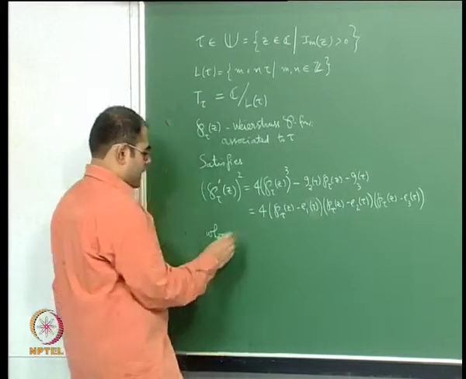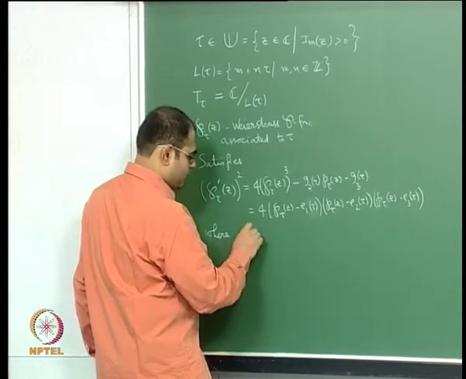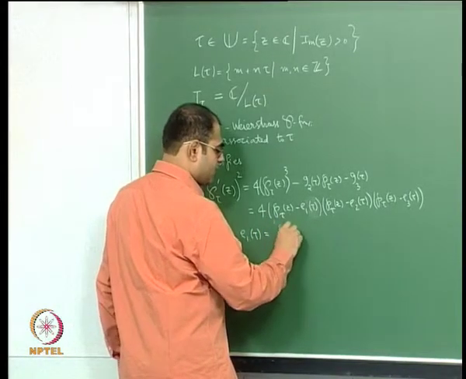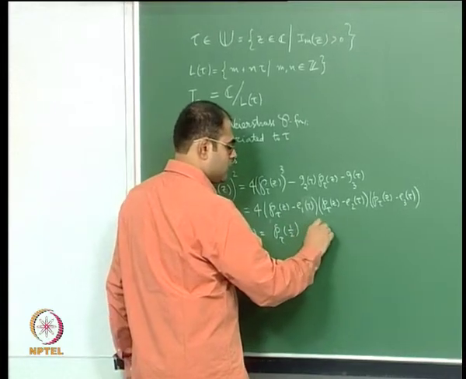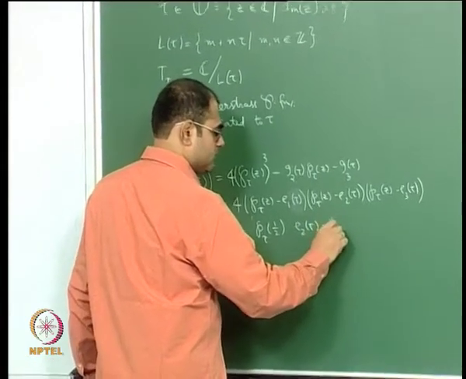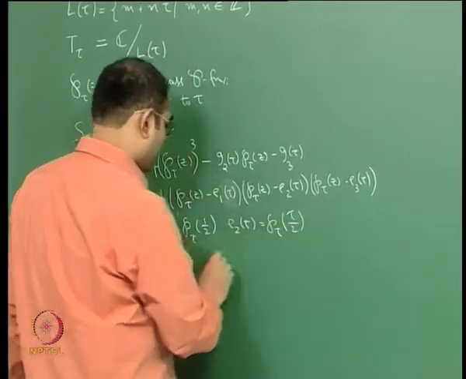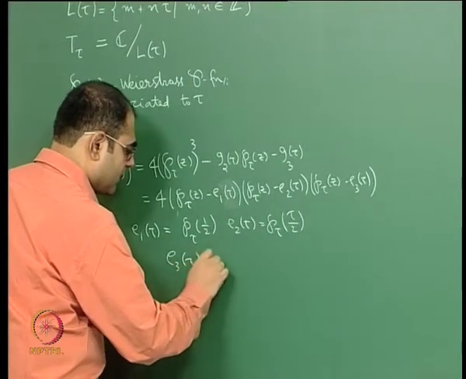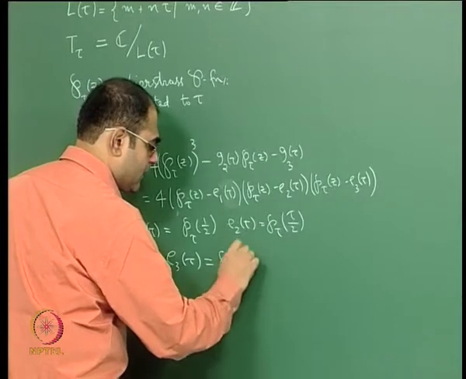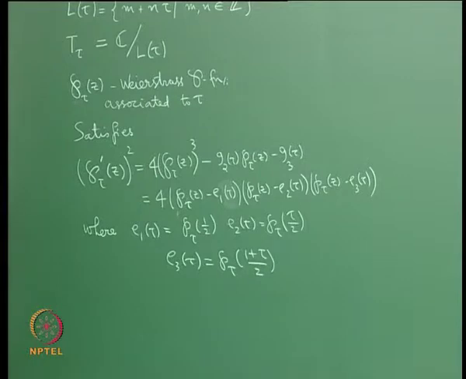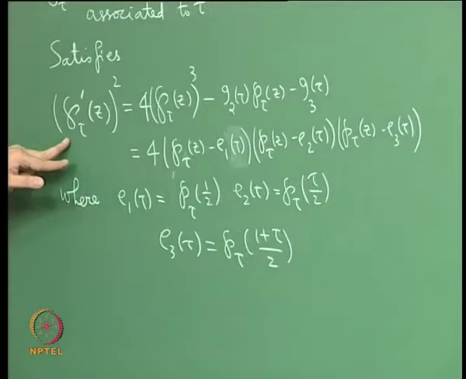Okay, and e1 of tau was defined as the value of the P-function at half, e2 of tau is the value of the P-function at tau by 2, and e3 of tau is the value of the P-function at 1 plus tau by 2. Okay. So this is the first order second degree differential equation that the Weierstrass P-function satisfies,